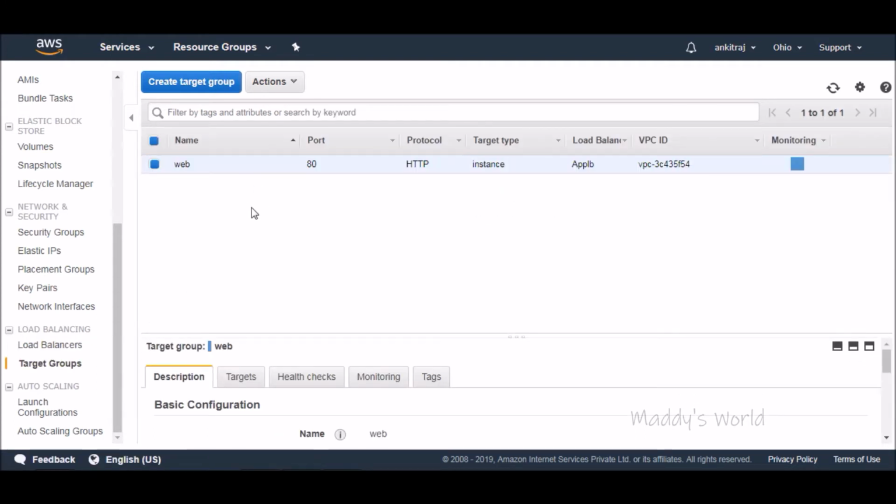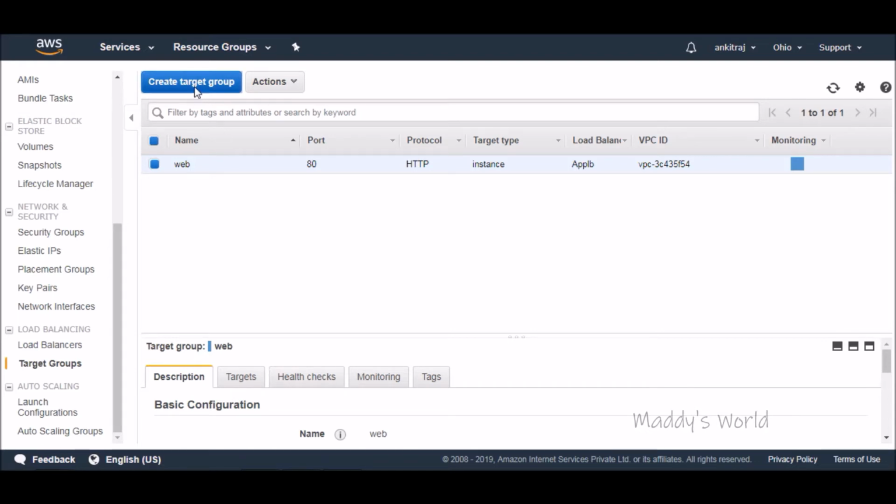This is what we were discussing, the good feature of this: we can have multiple LB targets. If you are working in any organization, you may have one application server and multiple applications deployed on top of that. Then how are you going to manage all of this from the LB? This is how you can do it. You can create multiple target groups.